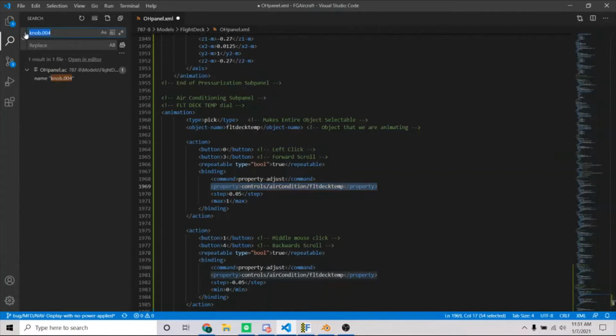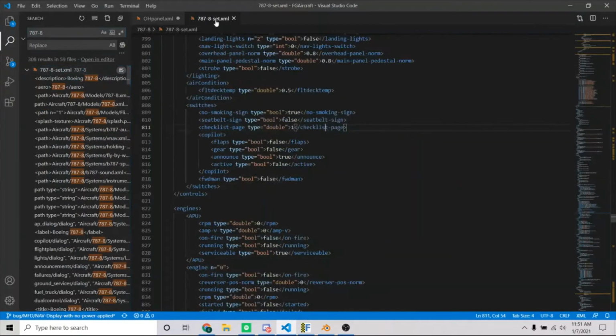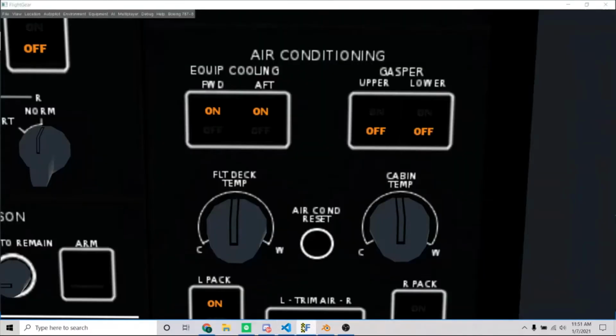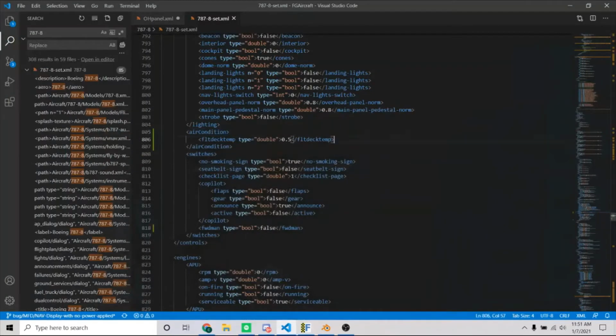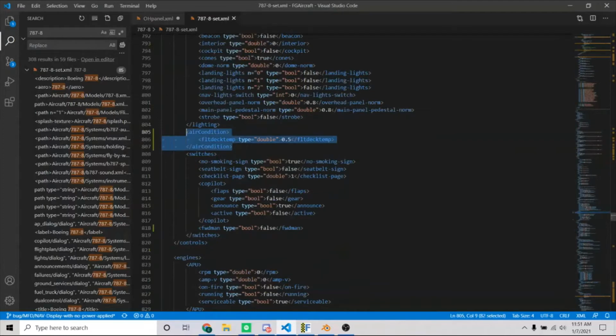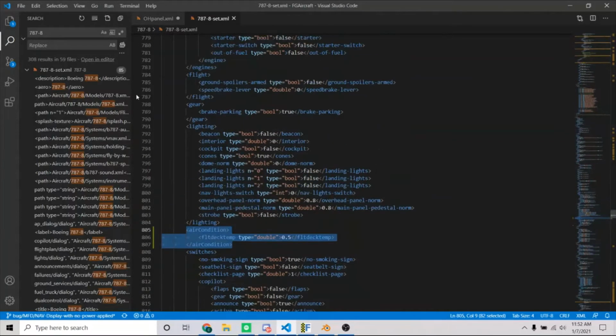So I had to go into the 787-set.xml file, and I had to make a new folder called air condition, because this is the air conditioning subpanel, and I had to make a new property called the flight deck temp. And so yeah, make sure if you make new properties, or when you reference new properties, you make them in this file and you put them in some sort of logical